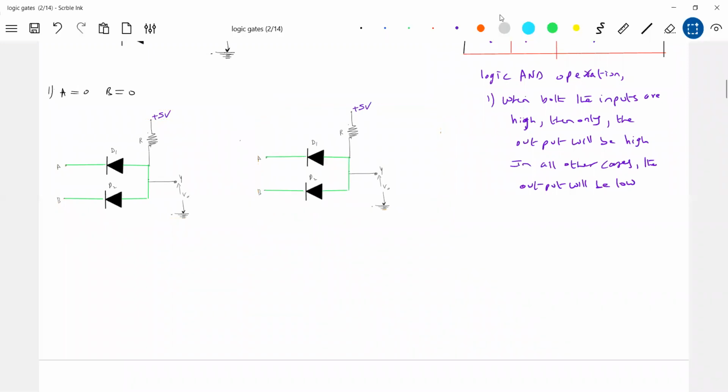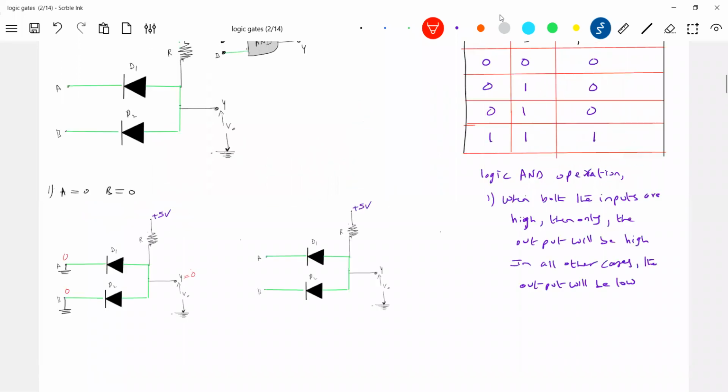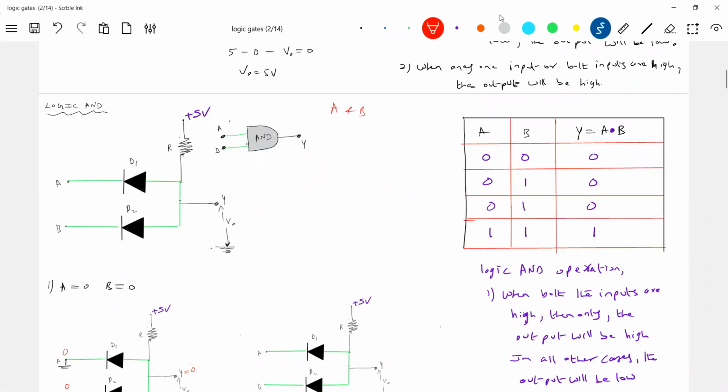we'll explain it in time. First both are earthed, no? So both are earthed, which means definitely the output voltage V0 will be 0. So what is the logic here? 0, 0, and we get logic 0 here. Y is called the output. A and B are called the inputs. When both the inputs are low, the output Y is low. So what are A and B? A and B are the inputs here. Again, some of you are asking, what are inputs? And what is Y? An output.